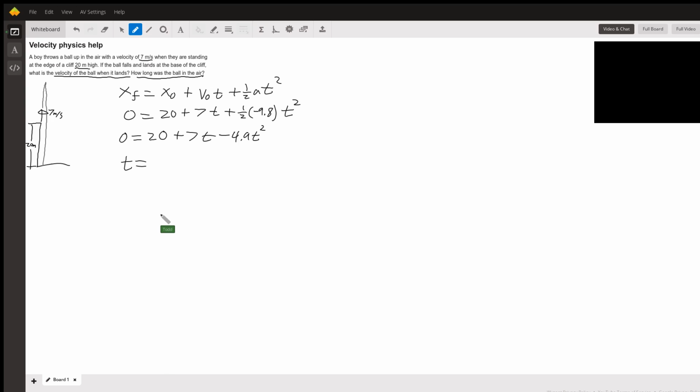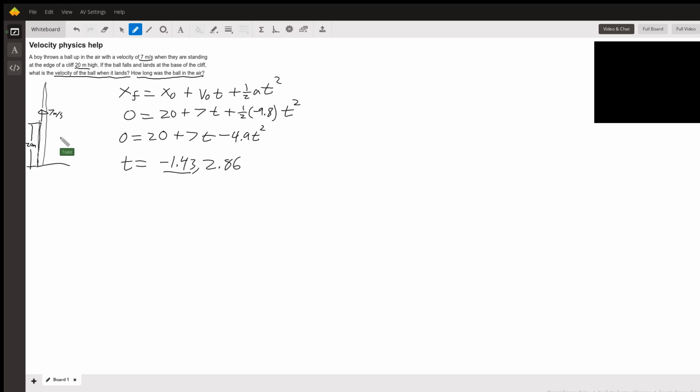I have t is equal to negative 1.43, and t is equal to 2.86. Right, so this answer here, what that tells us is if the ball didn't start here up at 20 meters, but was instead thrown to the ground,